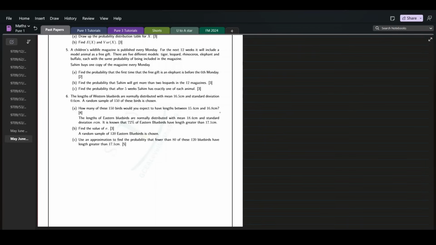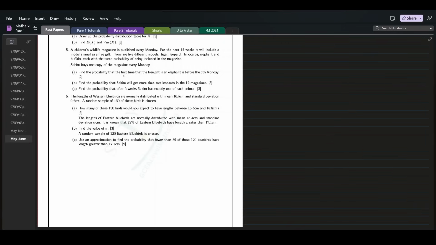Let's move on to question number 5. A children's wildlife magazine is published every Monday. For the next 12 weeks, it will include a model animal as a free gift. There are 5 different models: tiger, leopard, rhinoceros, elephant, and buffalo, each with the same probability of being included in the magazine. Sahim buys 1 copy of the magazine every Monday. Part A. Find the probability that the first time that the free gift is an elephant is before the 6th